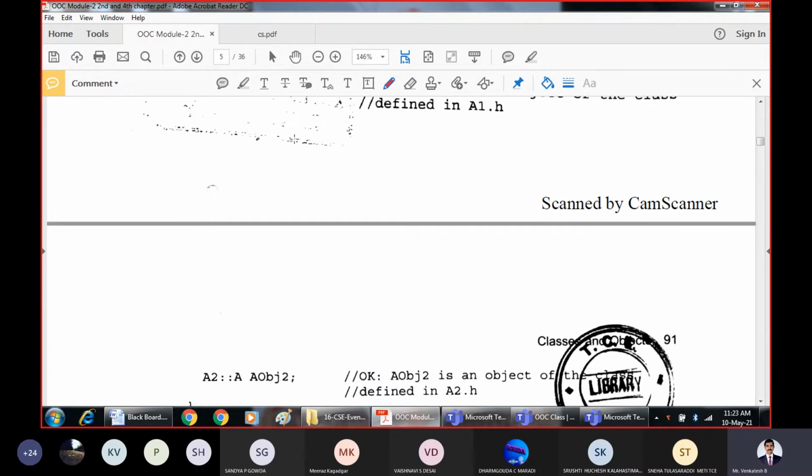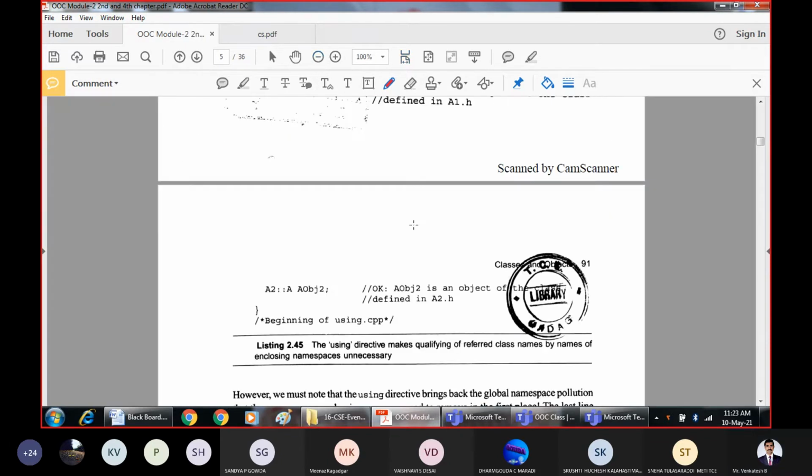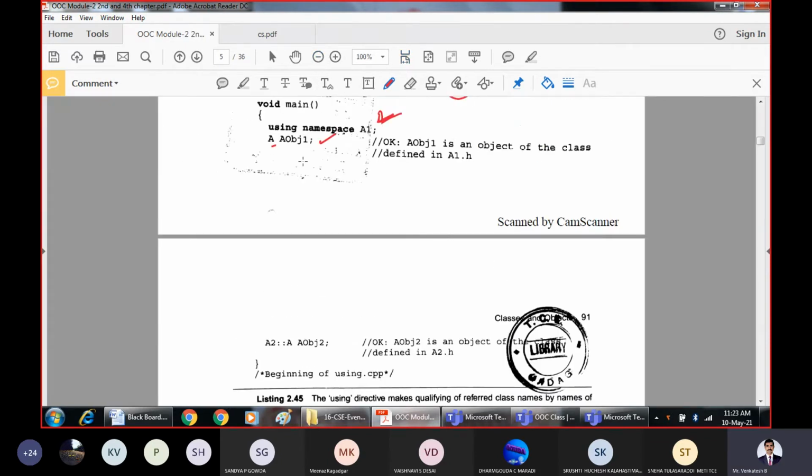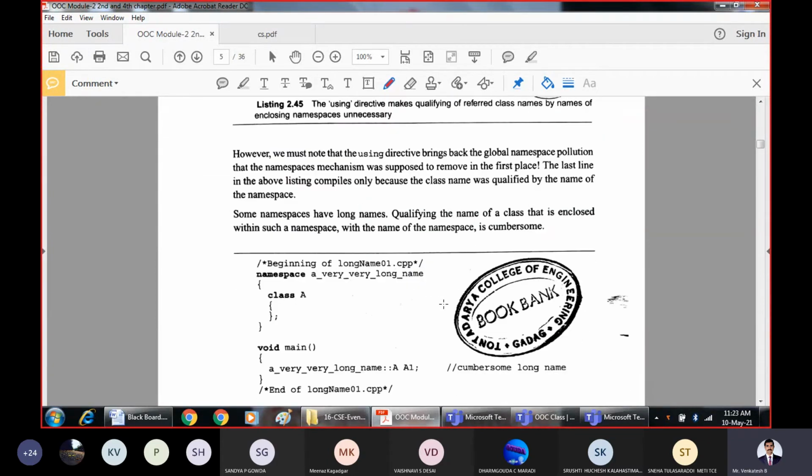The other thing here is, for the first, A1, we need not write this. For the other, A2, you have to write it explicitly. So it is going to reduce some burden. But this problem will again repeat when there are more than two namespaces which you are trying to include. Still there is some issue with this. Now another concept about namespaces here is we may have very long names for our namespaces